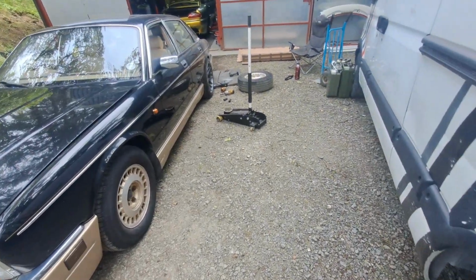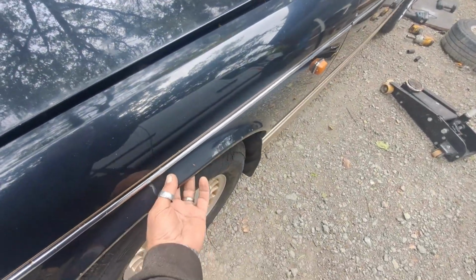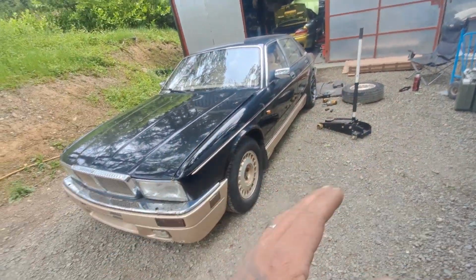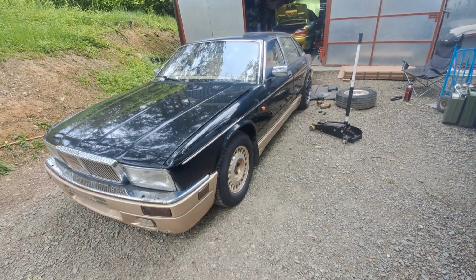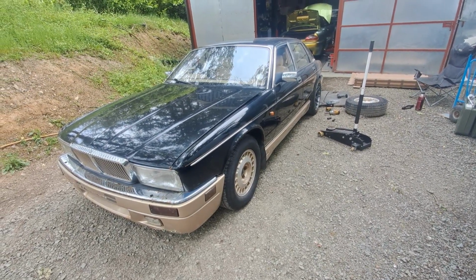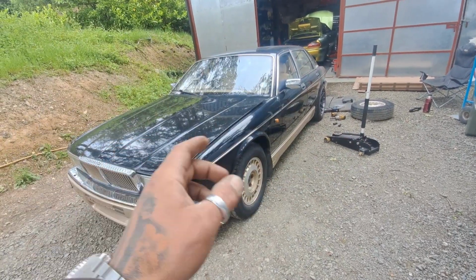Yeah. But the fronts, I don't recall ever cutting my fronts. I think my fronts stayed standard. It was just the rears that needed cutting, because the fronts really do kick on a camber when you bag it. So you don't need to piss about with the fronts. I think it's just the rears. But I've got the rear wheel on that side, but I haven't cut the arch yet, so I'm going to go back now